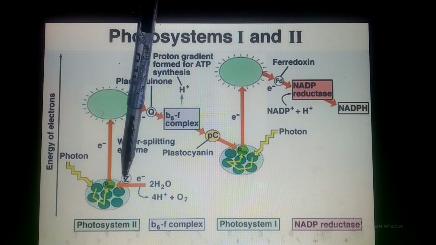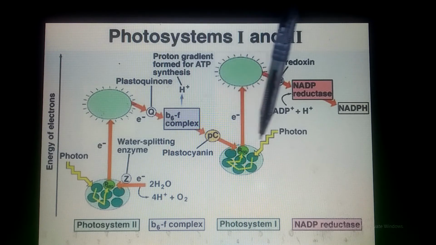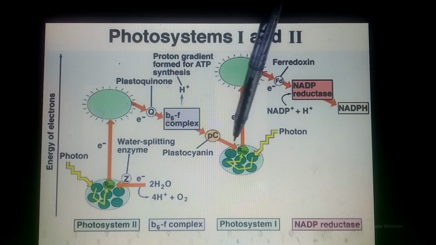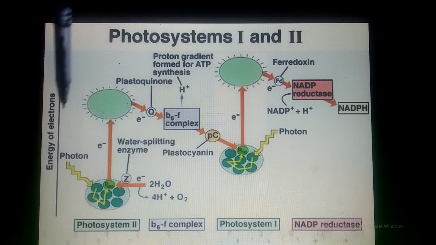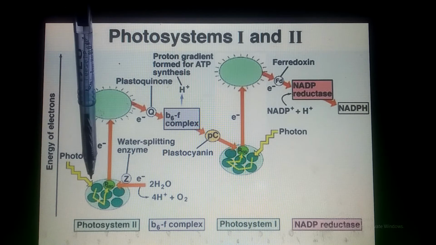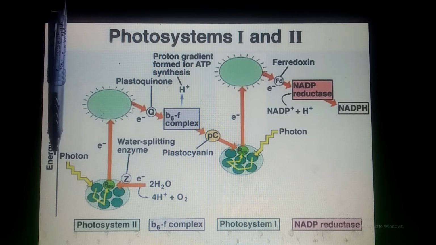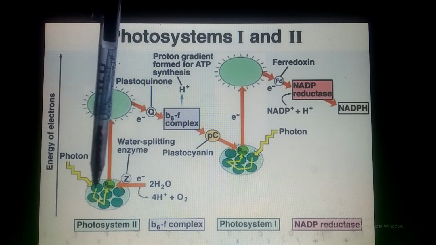680 nanometer is high energy, low wavelength, high energy, and PS1 is P700, high wavelength, low energy. So PS2 comes first with high energy. What will happen? The photons, which are the packets of energy, the sunlight, hit the reaction antenna complex and